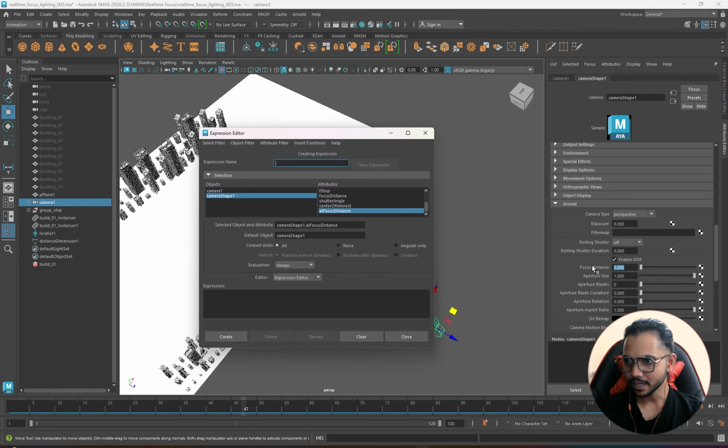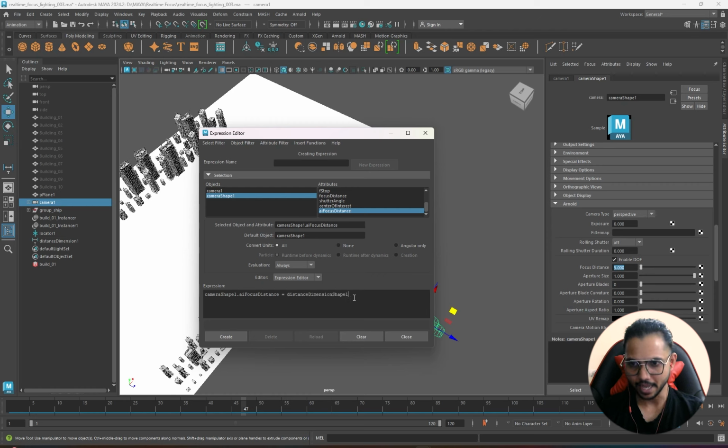Because we did the create new expression from the focus distance attribute, by default it is highlighted here. You can select the attribute name and then middle mouse click, drag and drop the attribute name onto the expression tab here, and then you can type an equal, and then we'll paste the distance dimension